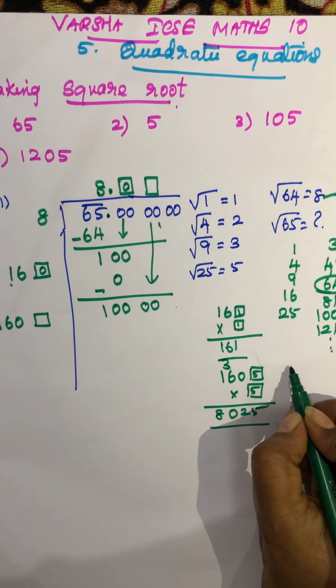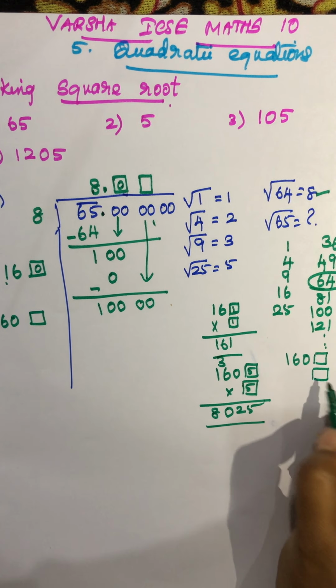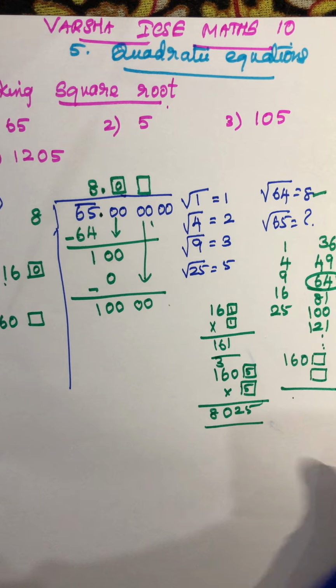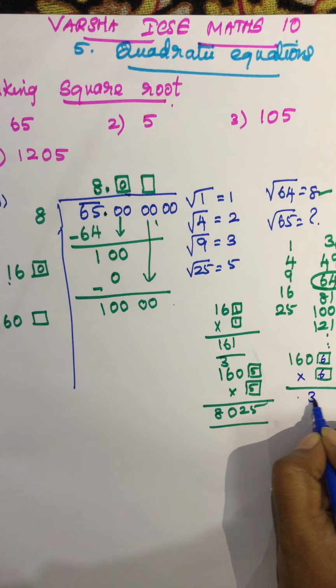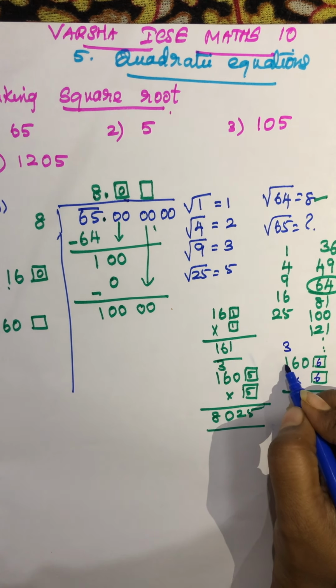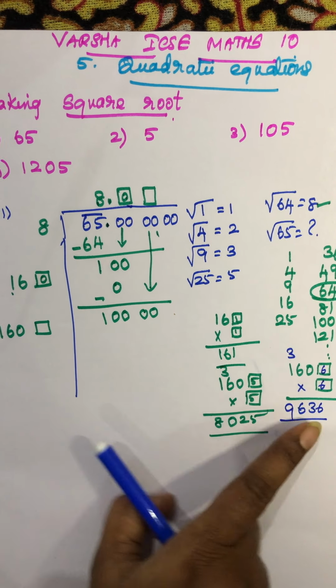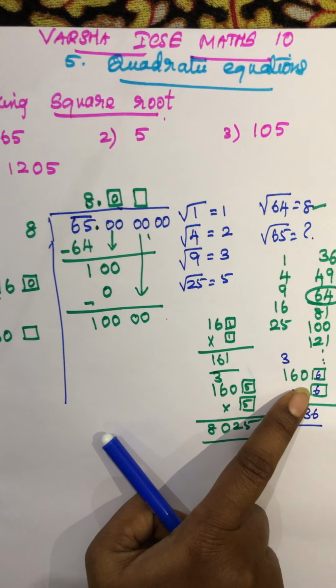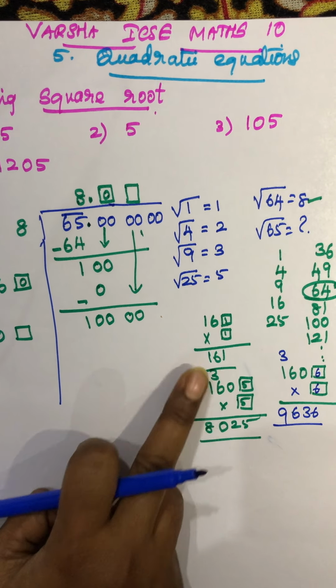So this is the either-or method, students. 160, see this is box and box. Now I am giving 6 in the box. Multiply: 6 6s are 36, again 36, 3, 1 6 is 6 plus 9. So this number is nearer to 10,000, so you can take this number. In the box you have to give 6, not 5. This is the either-or method.